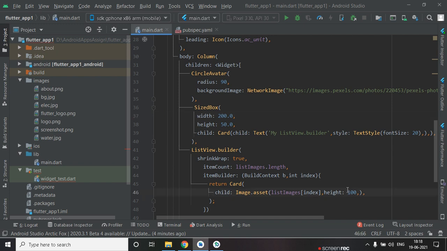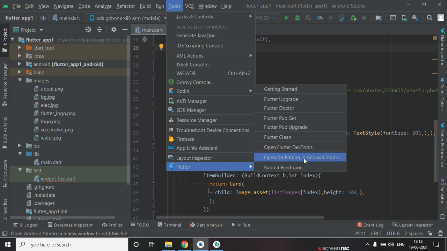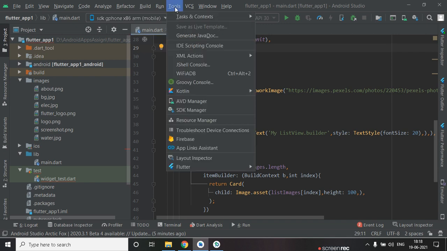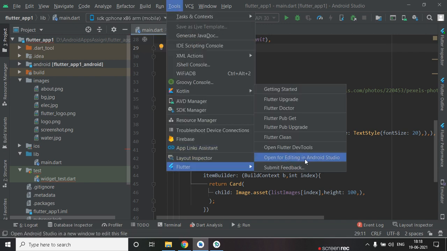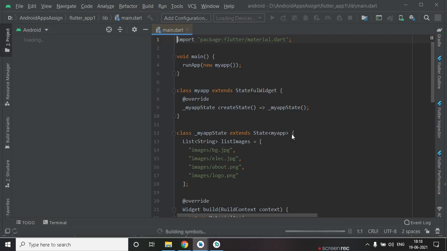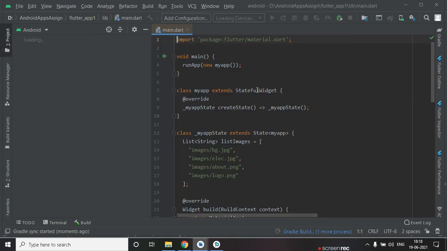In this video we will discuss how to create an APK for Play Store in Flutter, or how to open the Android module as a separate project. You have to click on Tools, Flutter, and open for editing in Android Studio. In the new window you will be able to see the Android module,